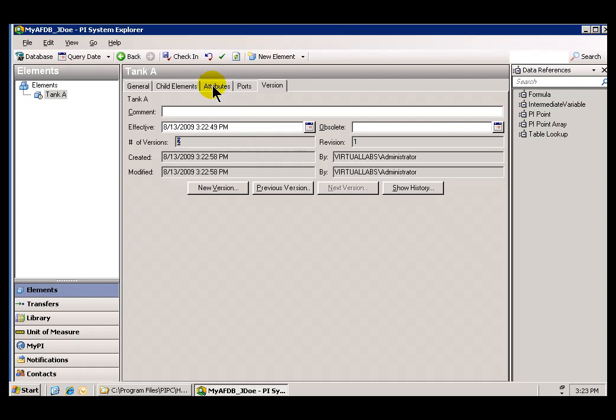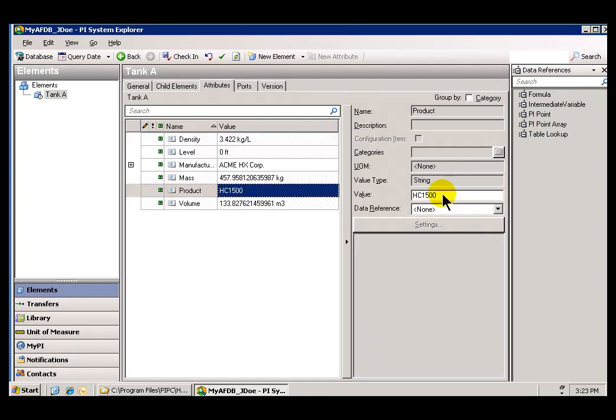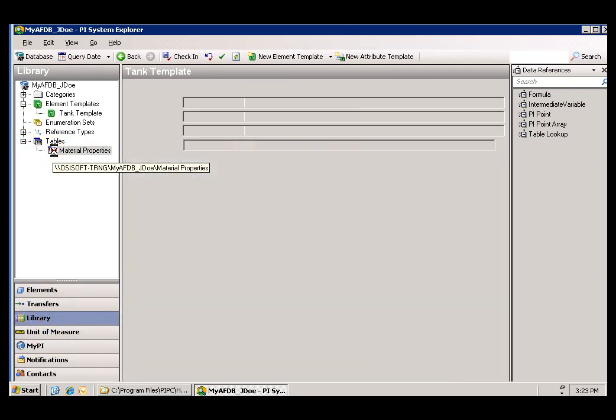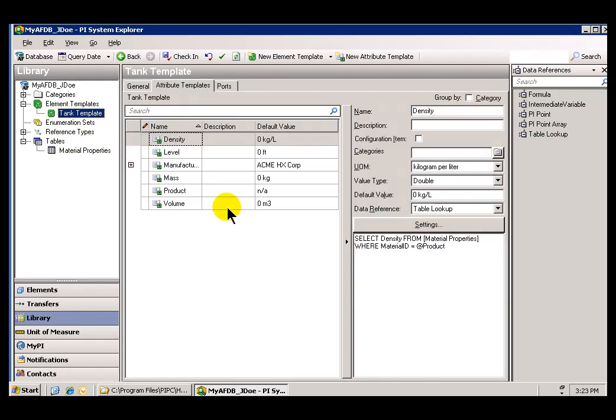And to prove this works, as is called for in the exercise, I'm going to change its product. So instead of HC 1500, I'm going to switch. This particular tank is using AQ 4500. It's a different product. Now if you remember, depending on what the product is, that's going to retrieve a different density. We're storing product and density in this table over here. If you look at AQ 4500, that's got a different density,